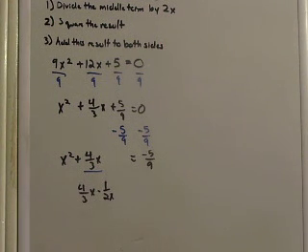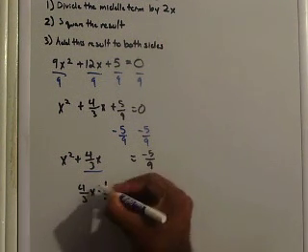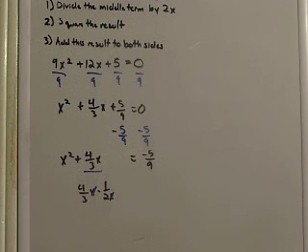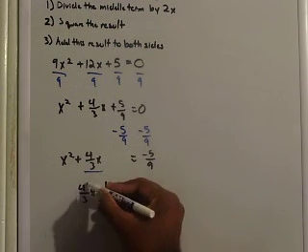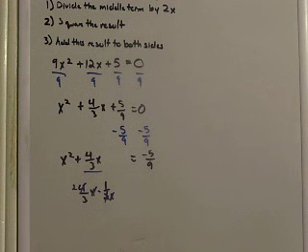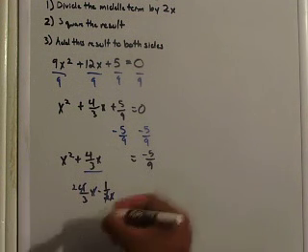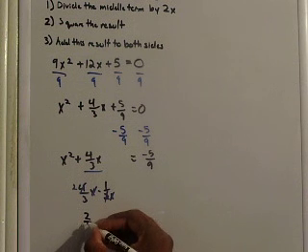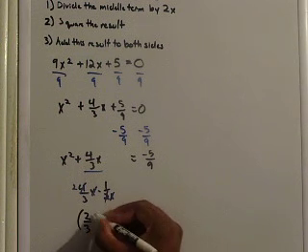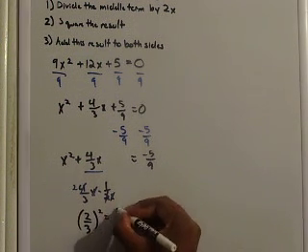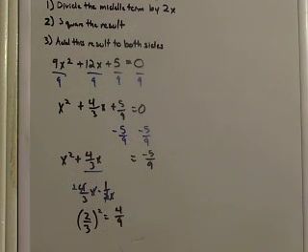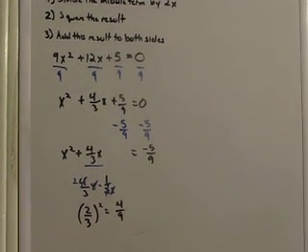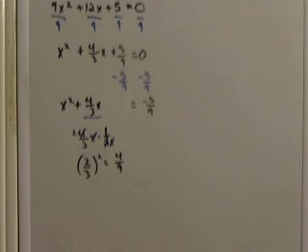So the x's cancel, and then also 2 goes into 4 2 times. So we have 2/3. And then we're going to take our 2/3 and we're going to do what with it? Well, step 2 tells us to square it. So we're going to square 2/3, and that's going to give us 4/9. Okay, and then we're going to add that 4/9 to both sides, so that's going to look like this: